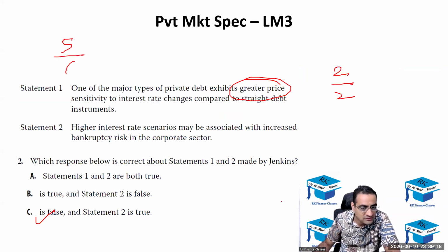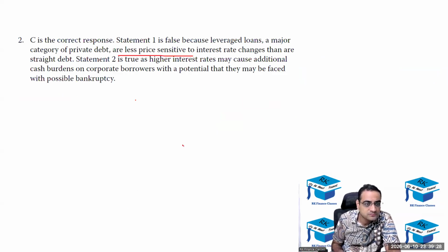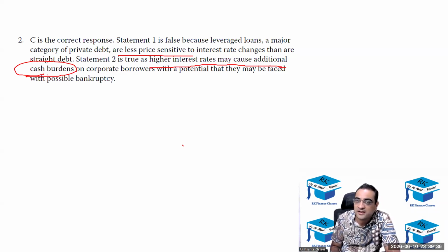Darshan, do you want your answer to be evaluated, or is it clear? No, sir, it's clear. Clear, right? Okay. What they have mentioned for statement 2. Yeah, additional interest cash burden, and that will reduce their profits, and hence the chances of bankruptcy will increase because the profits will go down.